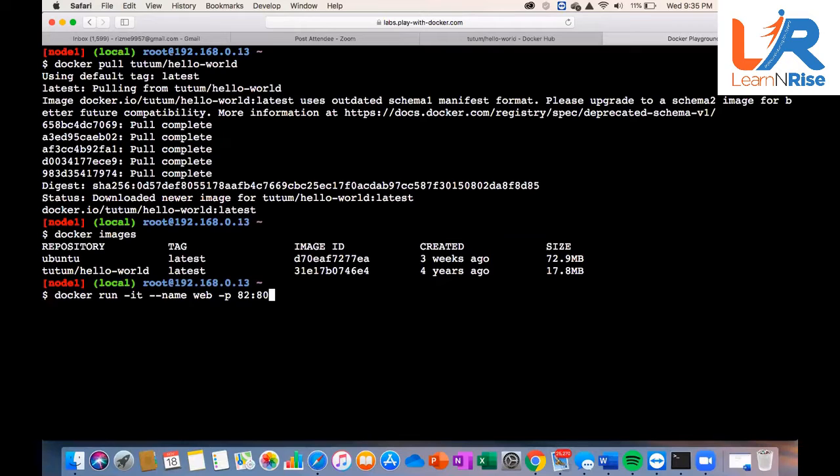Your web server always runs on port 80, but anyone from outside who wants to connect to your web server has to specify a different port. Okay, good. Space now, and give the name of your image, which is tutum/hello-world.